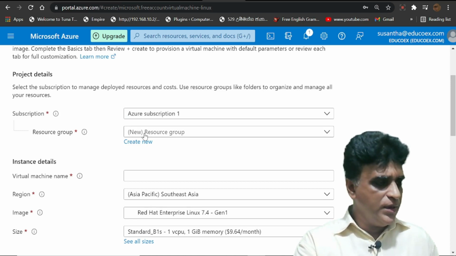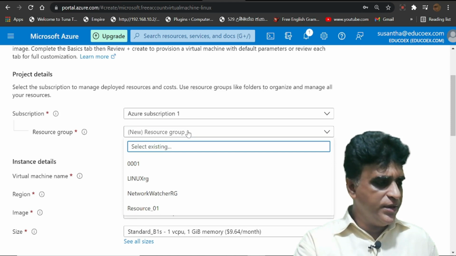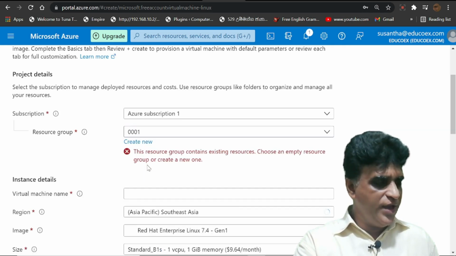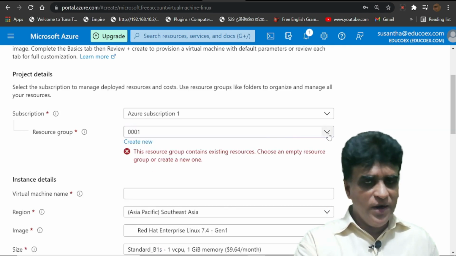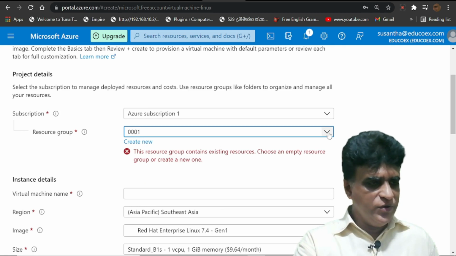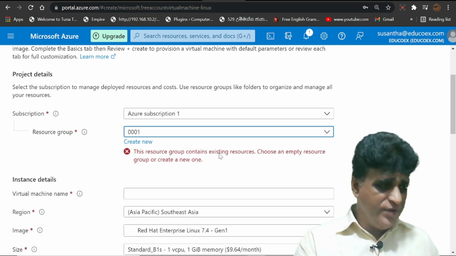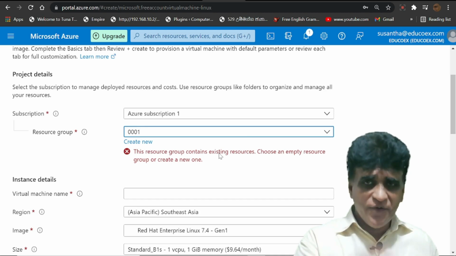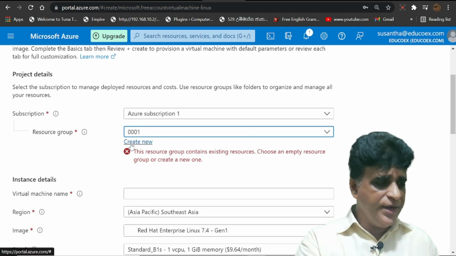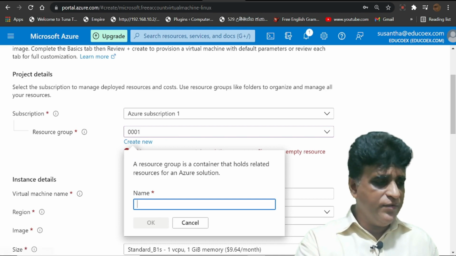Then you need some resources. There are different resource groups; some we have already created, but I can't use those since those resource groups are empty. First I have to create one fresh resource group.